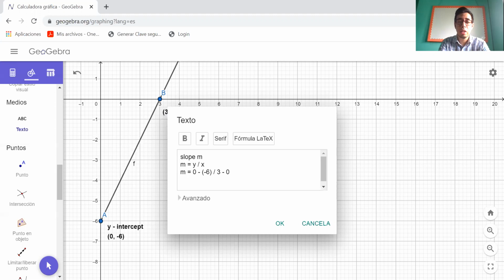I solve this. M is equal to 0. And I have 2 negatives, so negative times negative is going to be positive 6. Positive 6 divided by 3 minus 0, that is going to be positive 3. What is the answer when you divide 6 by 3? You are going to obtain that the slope is equal to